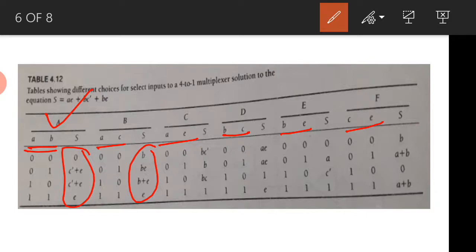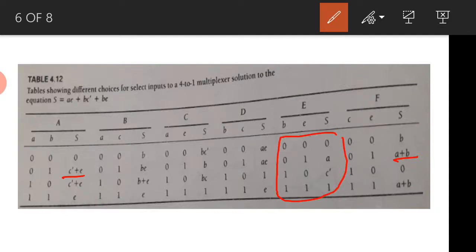Okay, so similarly, out of 4 variables, 2 variables I will take as select lines by putting the 2 variables values as 0 0, 0 1, 1 0, 1 1. So these are the expected outputs. Here it is A plus B, here it is C bar plus E. Instead of that, if I take, for example, this combination or this combination, if you take these two, it is easier to realize.